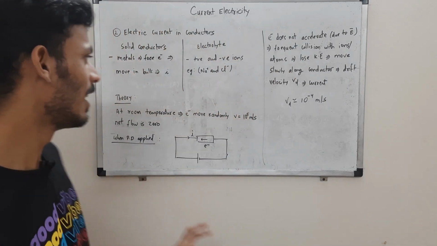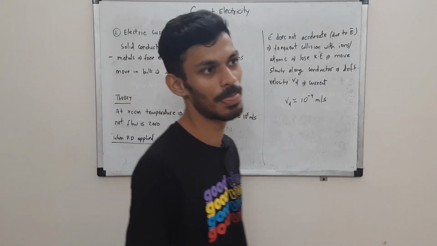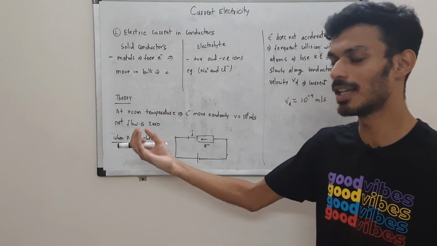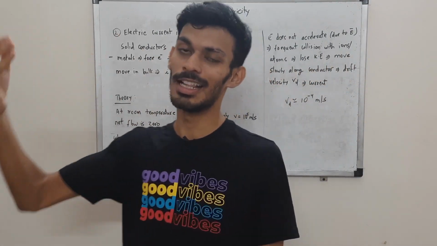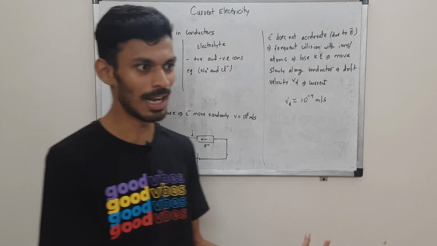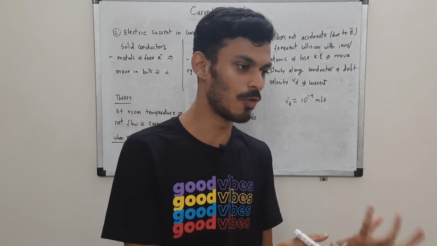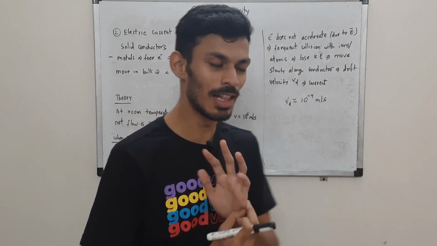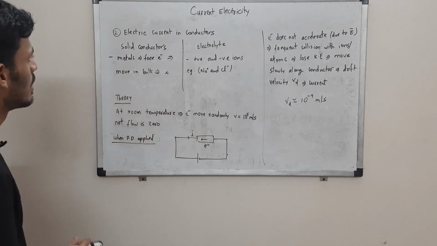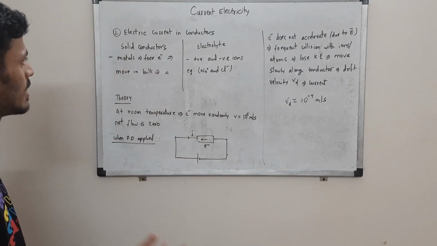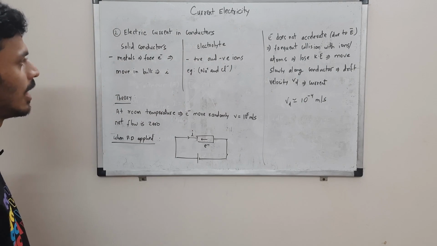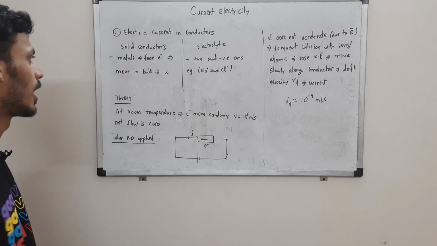Here it is described via drift velocity. When you apply the electric field, you might wonder that electrons are accelerating. That is not the case. You'll see that electrons are moving with a constant speed. We'll come to that. For now, let's see briefly what is there in solid conductors and electrolytes, which is causing the electricity to flow,